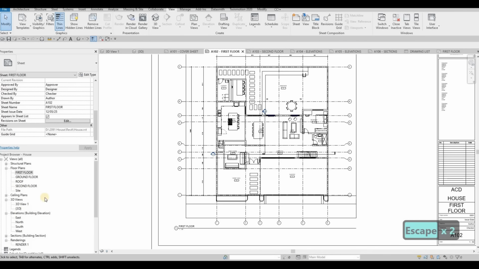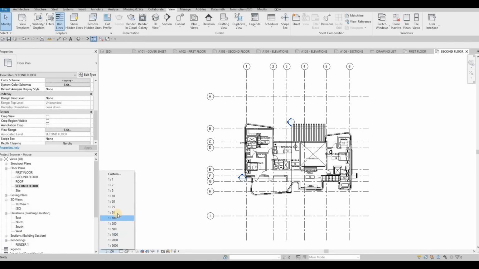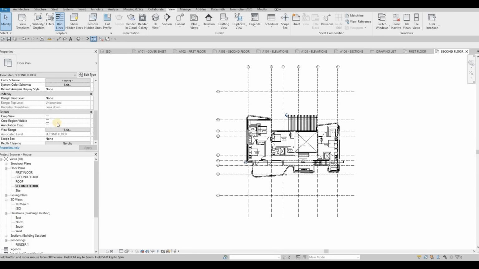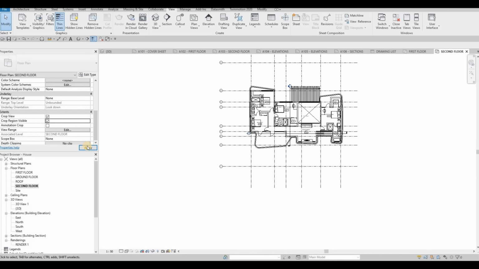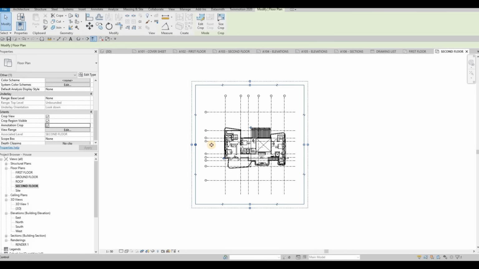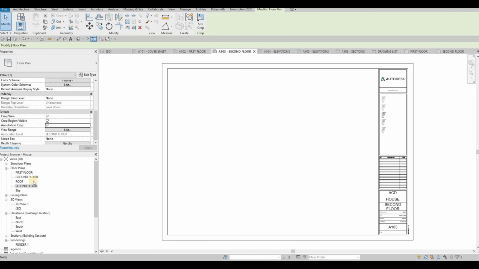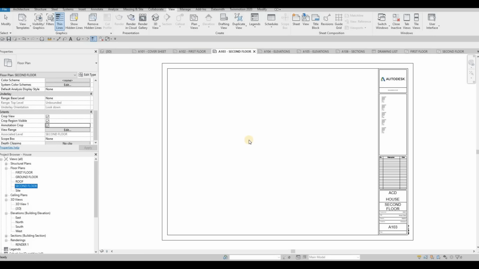Okay, so now knowing that we need to change our scale, let's change the scale here to 1:50. Make sure to check all of this, apply, and then let's crop this one a little bit so that it shows only the part that we need to show, and then go to your second floor and then drag and drop,